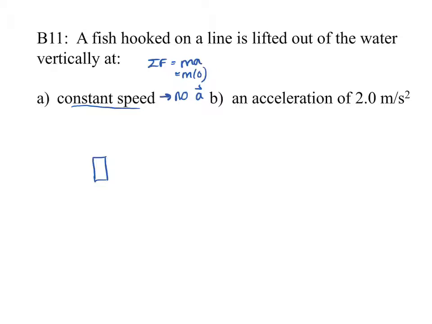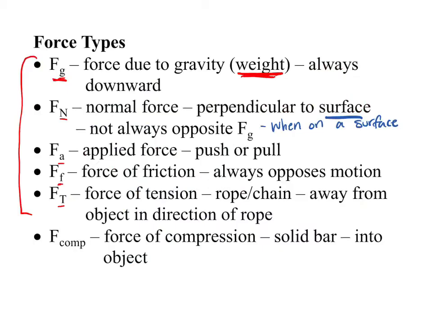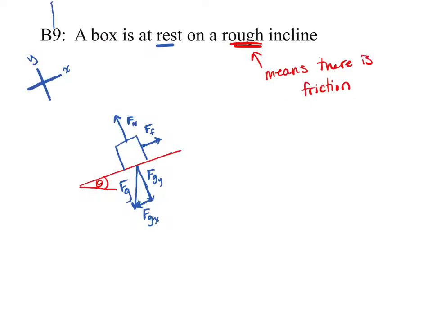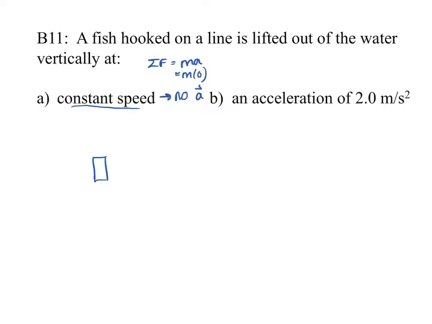So the fish is hooked on the line, is being lifted out of the water. What's it being lifted out of the water with? A fishing line. That's like a rope, basically, right? So that's actually force of tension. Keep in mind, this fish is no longer resting on a surface, so there's no normal force. What do we call the force when something is being pulled by a rope? Oh, there it is, Ft, force of tension. So this is force of tension going upwards. There we go.